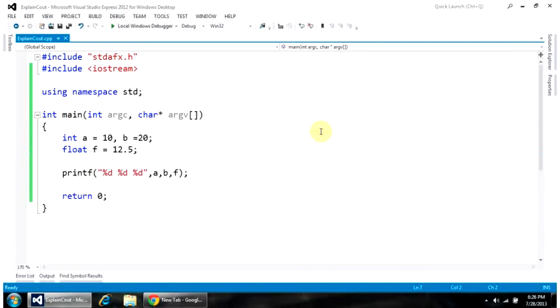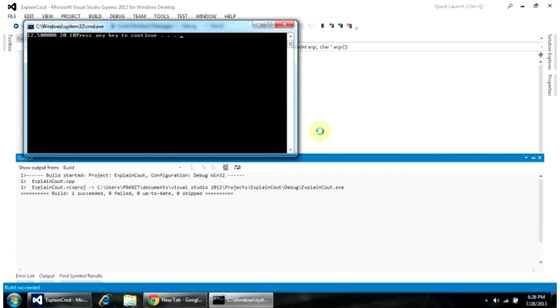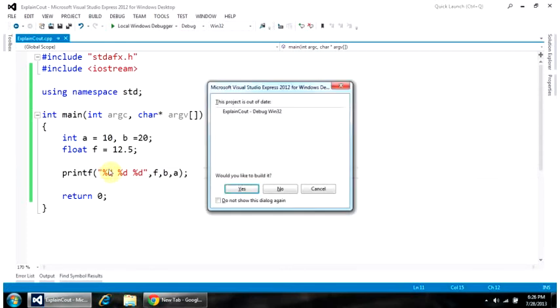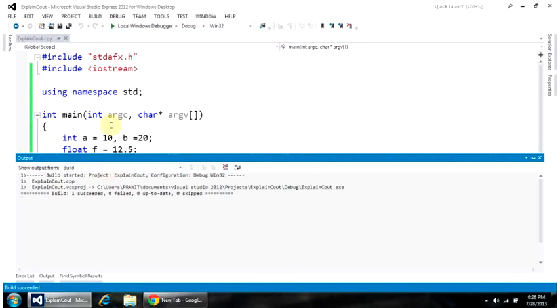One more thing, it's the last variable, and that's why it is showing 0 at last. What if I wrongly place it at the very front of my printf, and I try to print f first? If I run this code again, let's see the magic. I am using %d in place of %f now, and see, yeah, all values get wrong, all values get messed up. Why? Because you just made one mistake here.